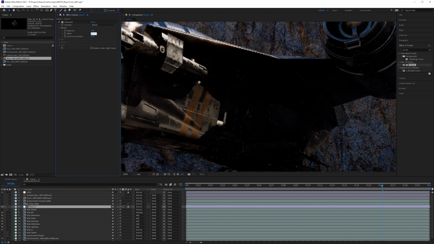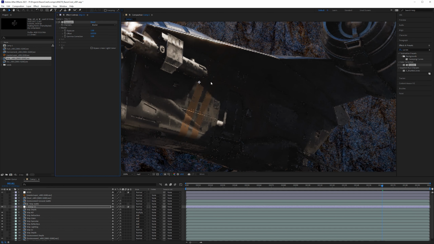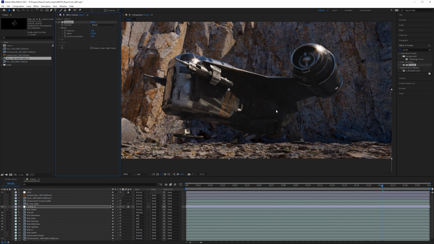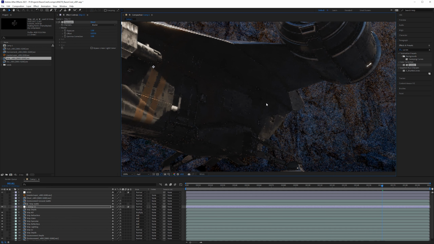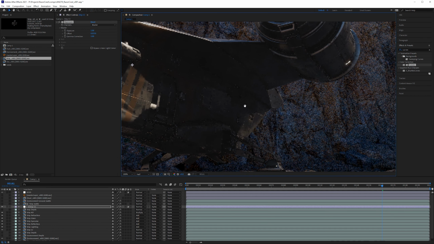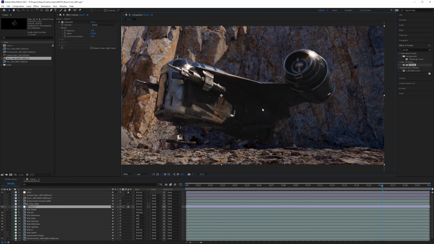So here I could do offset 0.1, and it's going to be a lot, right? So instead, we're going to do something like 0.025. And now if we turn this on and off, you can see there's quite a bit more light that's been added here, but it doesn't look ridiculous. It doesn't look like we've completely blown this out of proportion. We could lower that maybe a little bit more, but for now, I think I'm going to leave that.